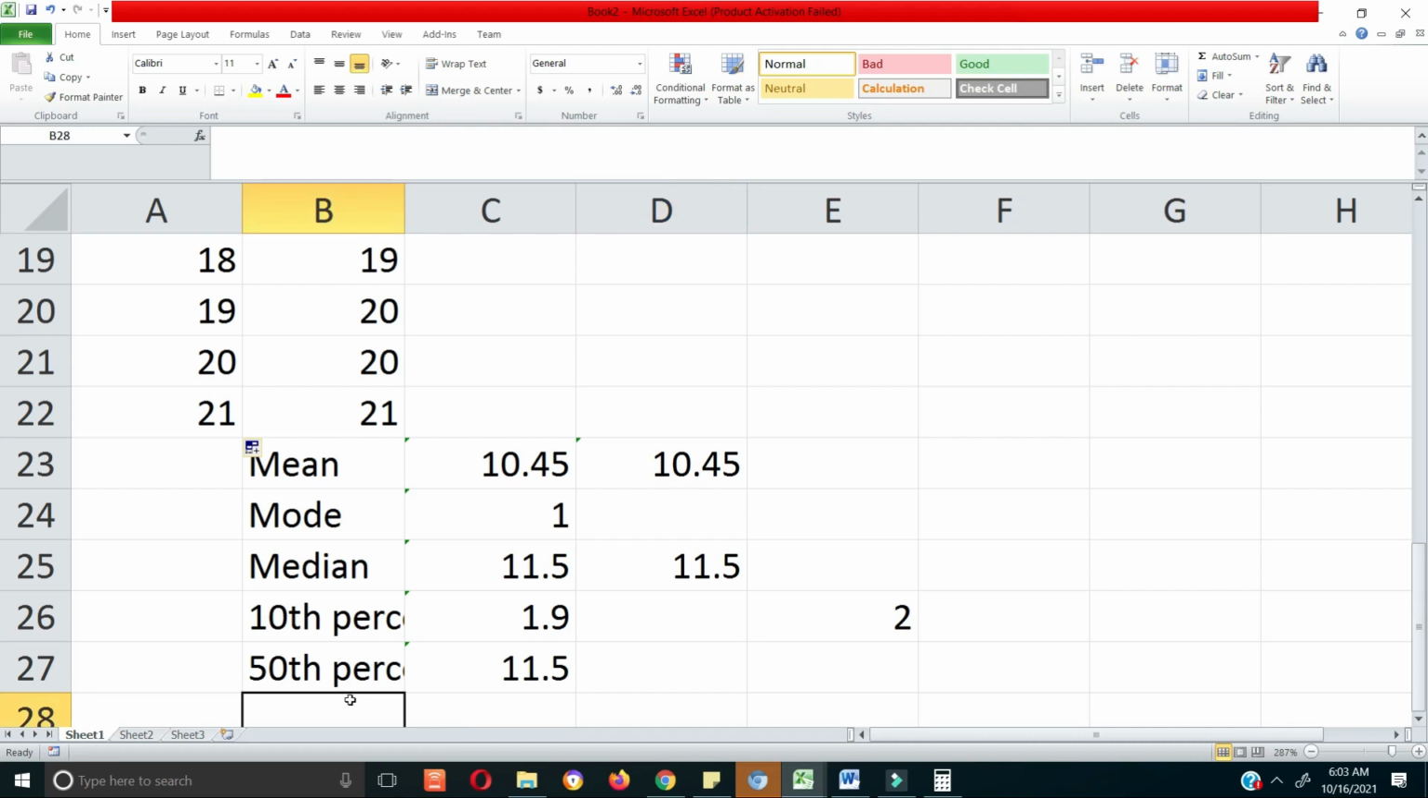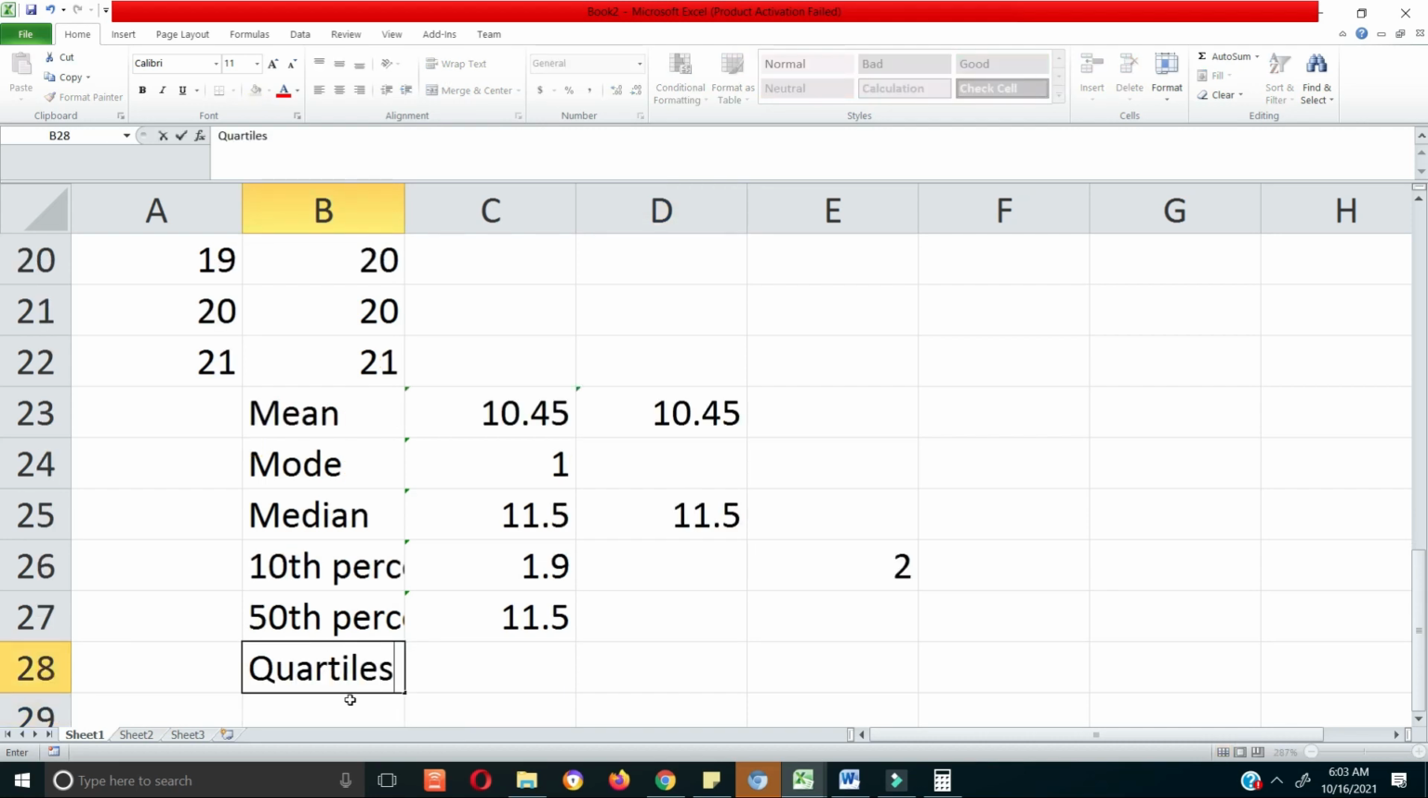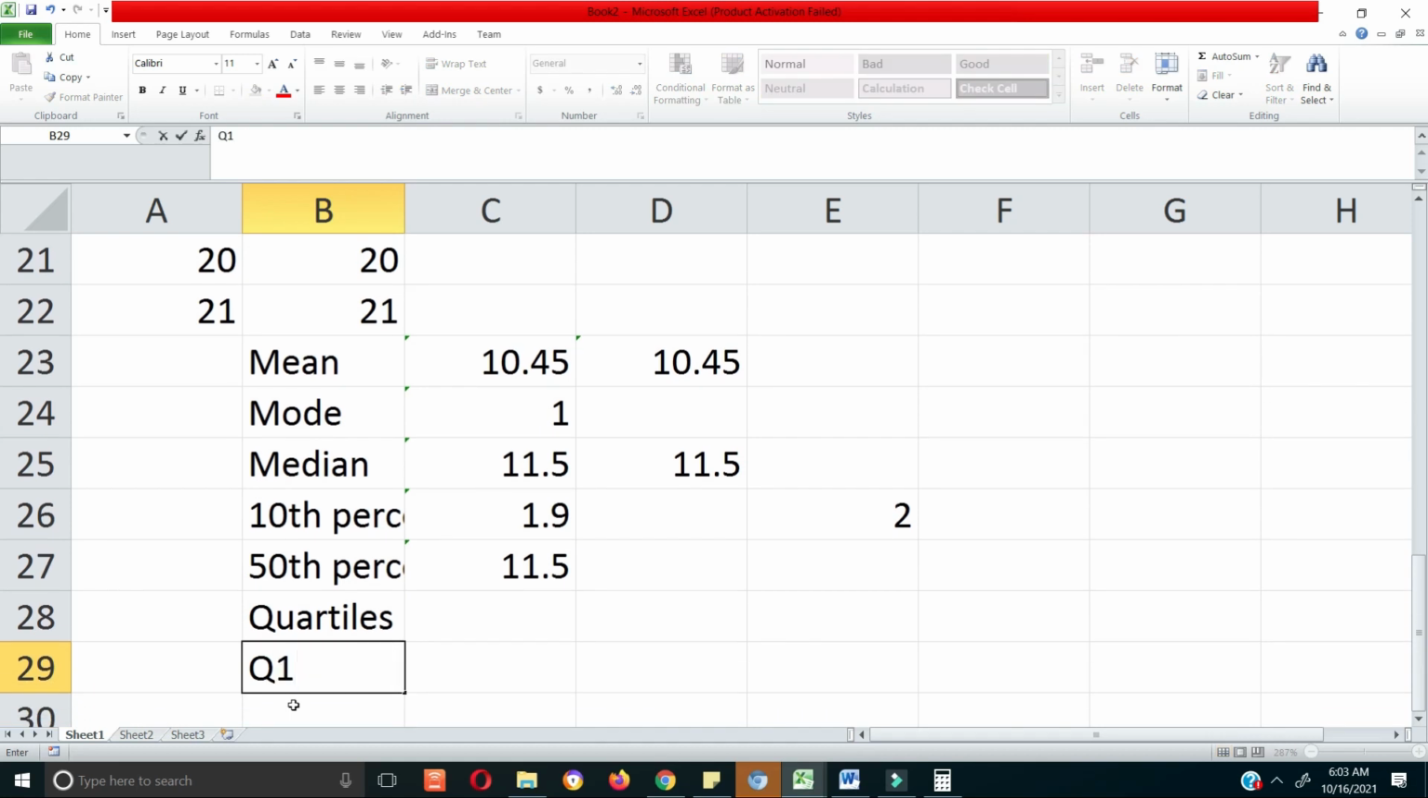So you can also do quartiles. There's a quartile function. The first quartile is actually the value which is at the 25th percentile. So let's see the quartiles. Let me just leave this there, but let's look at the quartile. So the first quartile, Q1, we refer to this as Q1. Q1 is actually going to be